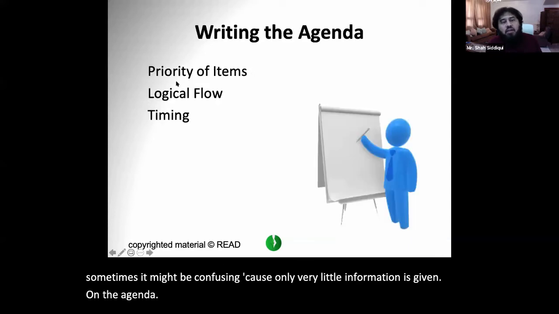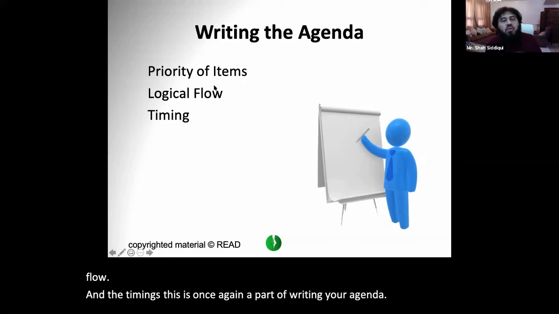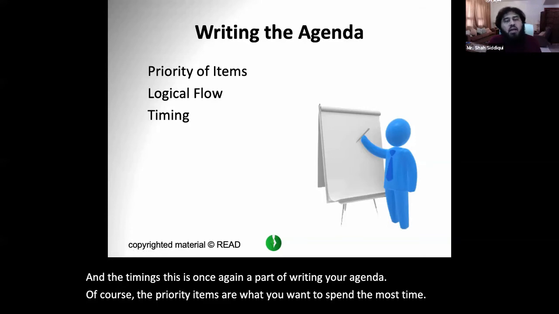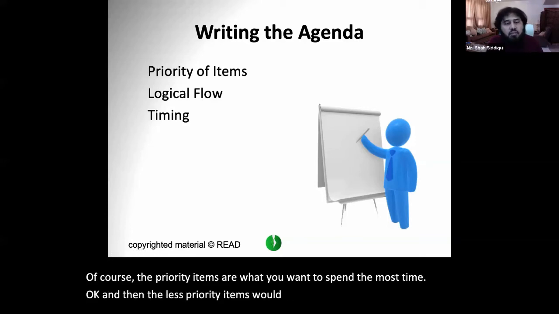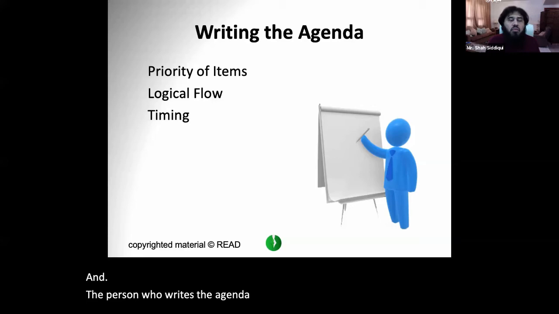On writing the agenda, you would start out with the priority items, the logical flow, and the timings. This is once again a part of writing your agenda. Of course, the priority items are what you want to spend the most time on, okay? And then the less priority items would be towards the end. And the person who writes the agenda will also follow the clock to see if they are running out of